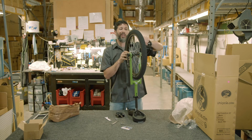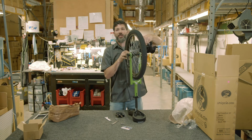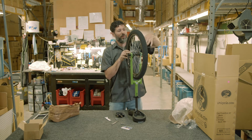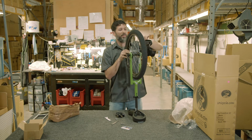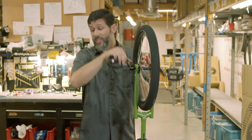We recommend a little bit of grease onto the axles. Again, any synthetic or polymer or white lithium grease will be more than enough for the application. And then I like to tighten these down finger tight. And then an easy trick